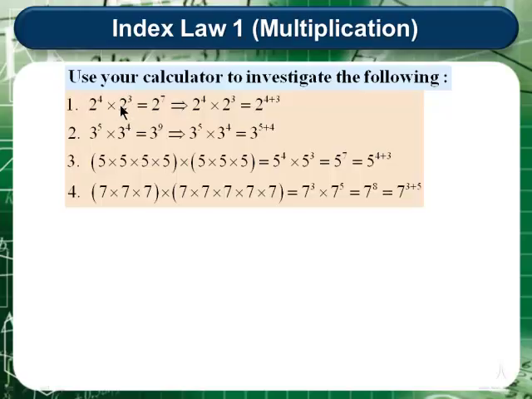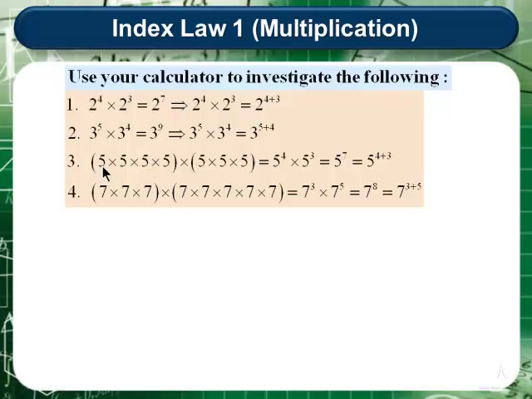So in total we multiply 2 by itself 7 times, and from the notation we can write it like this. Important what we notice here is that if we multiply and the bases are the same, to get the final answer we write down the same base and we simply add the two indices. This is exactly what happens in the second example. The third and the fourth example are more or less the same thing, but just starting